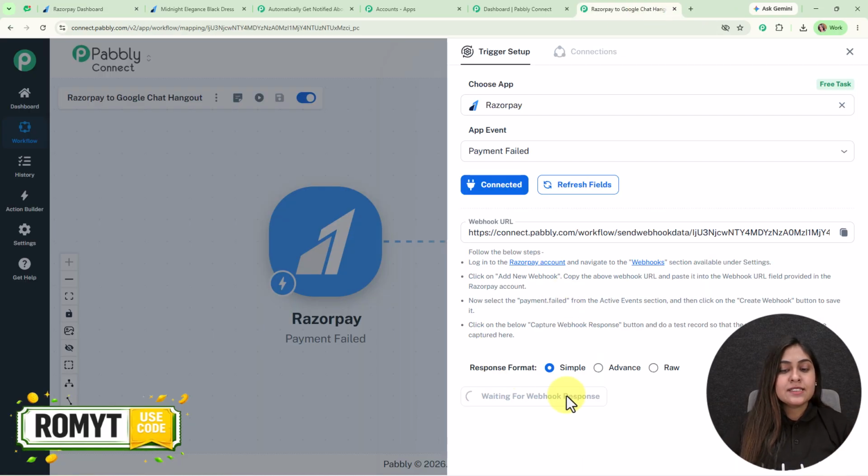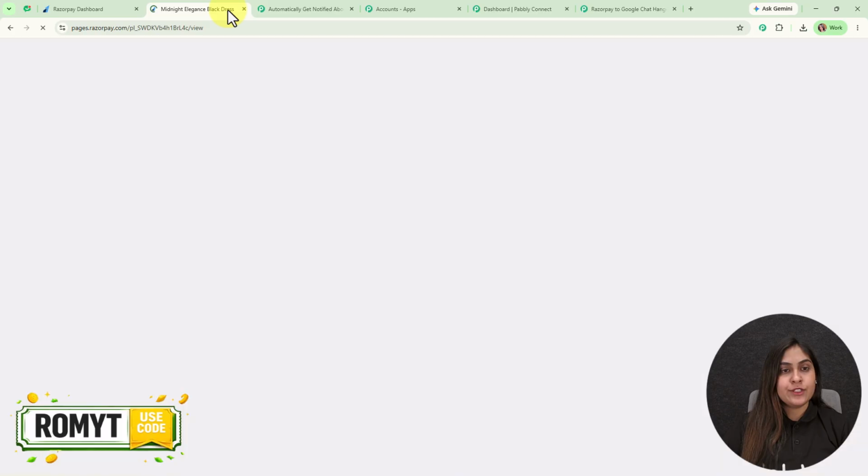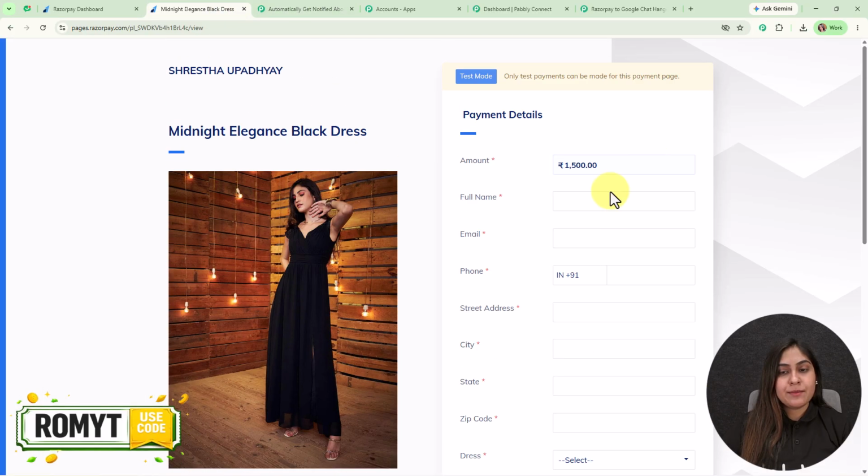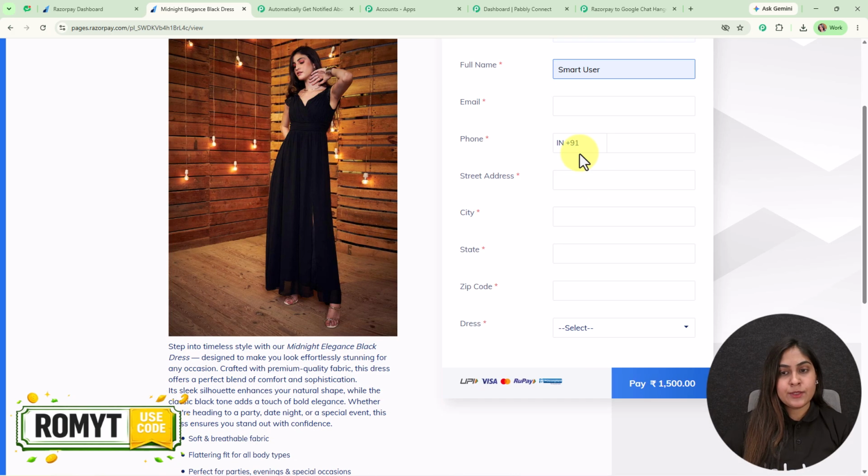So you can see it is waiting for a webhook response. That means to receive a response we need to do a test submission, and to do a test submission we need to again make a test payment using our Razorpay payment page. So I'm going to refresh it, and I'm going to enter some dummy details and make a test submission. This time I'm going to add the full name as smart user, email as